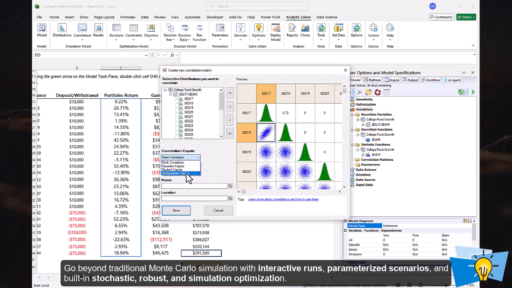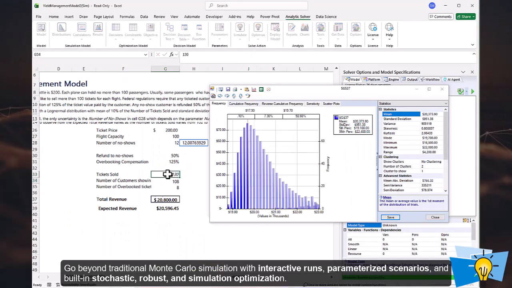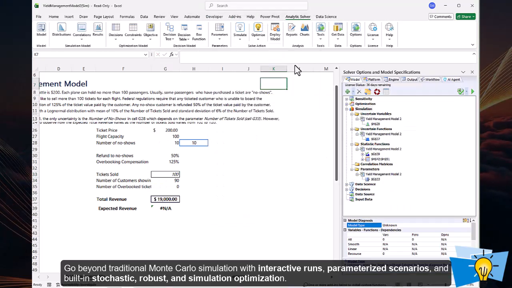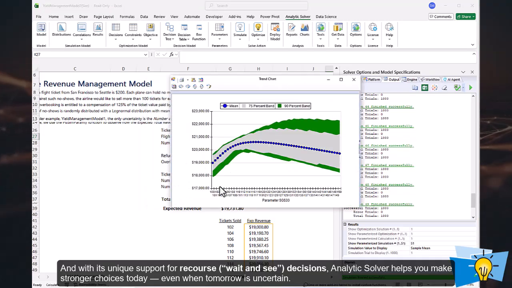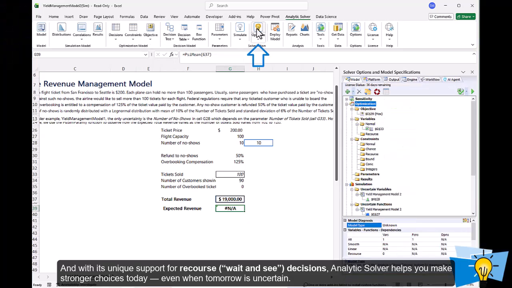Go beyond traditional Monte Carlo simulation with interactive runs, parameterized scenarios, and built-in stochastic, robust, and simulation optimization. And with its unique support for recourse or wait-and-see decisions, Analytic Solver helps you make stronger choices today, even when